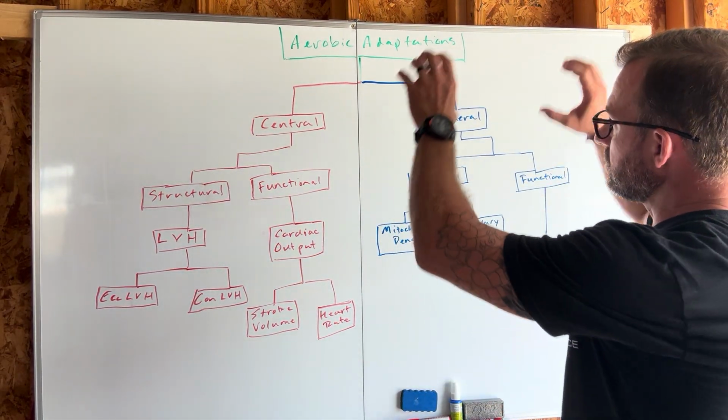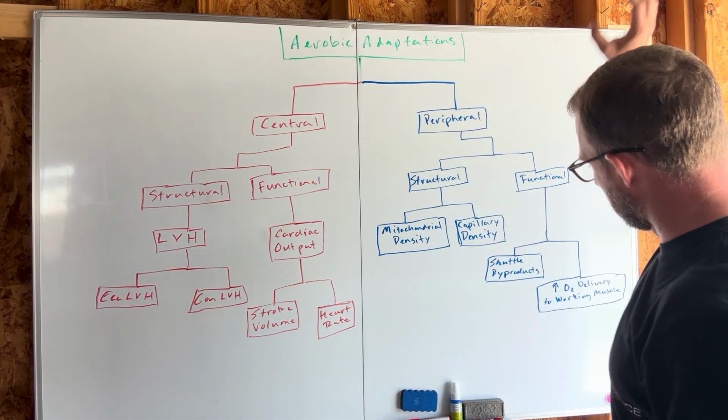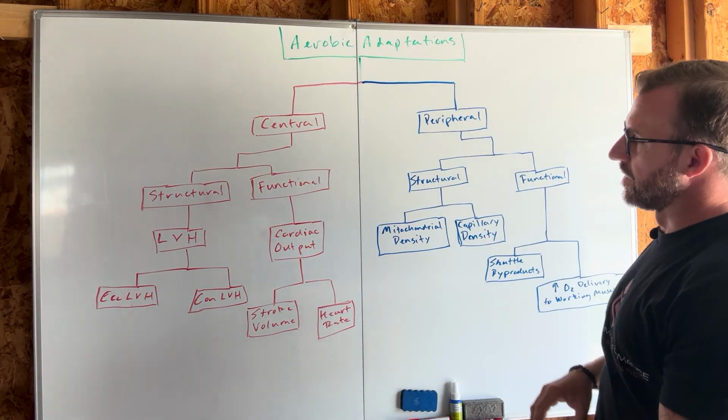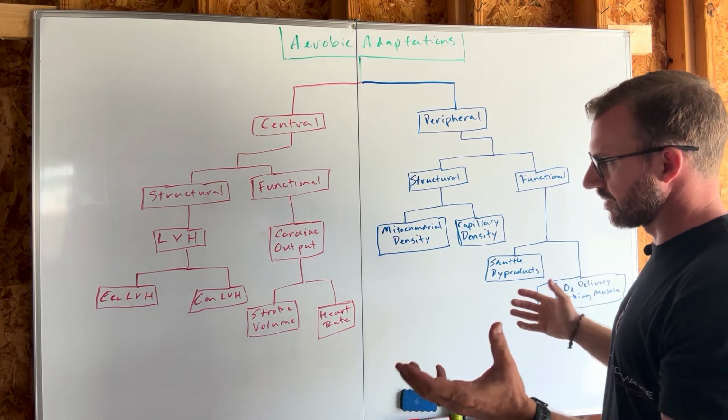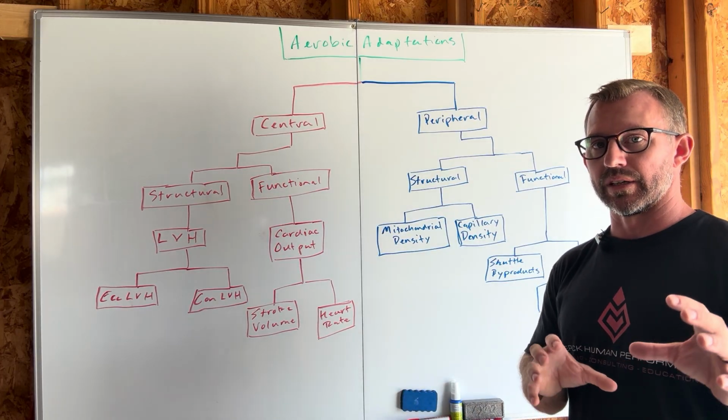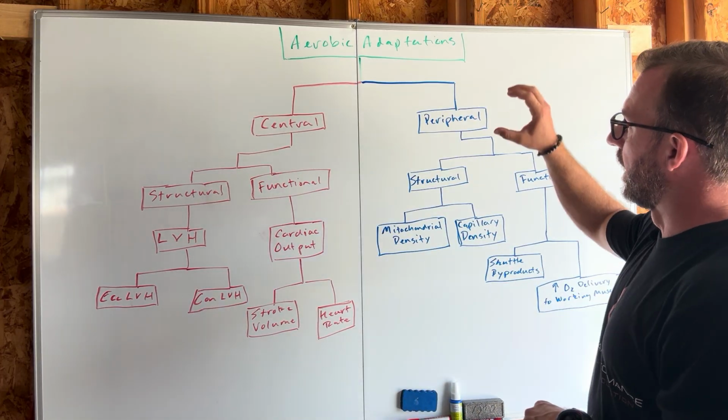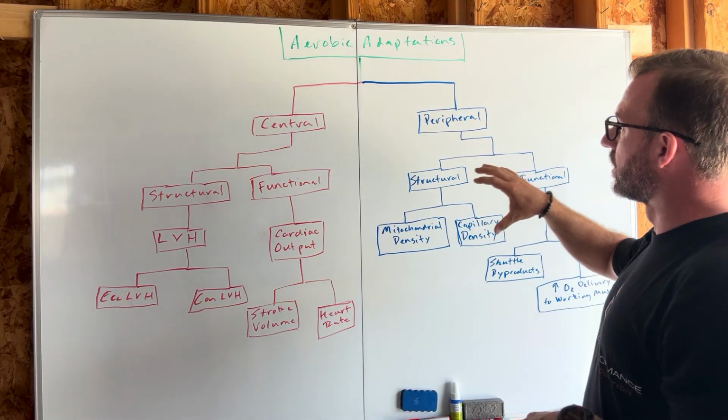Now, we've talked about central adaptations, and we've talked about peripheral adaptations. The intensities at which these different adaptations occur are obviously different. That is going to be a topic for another video. Now, with respect to